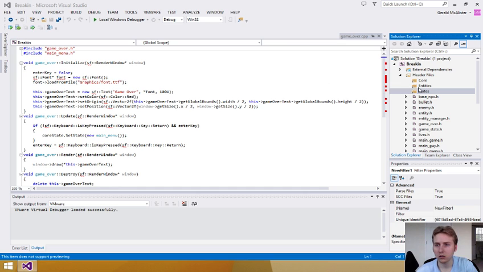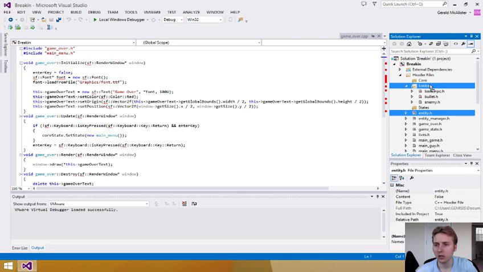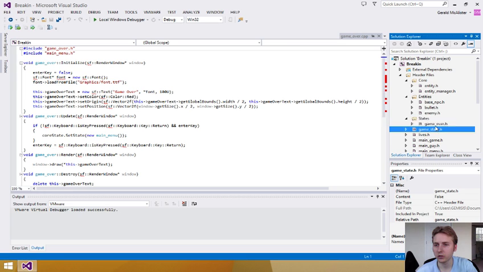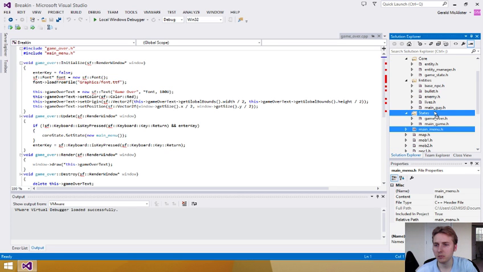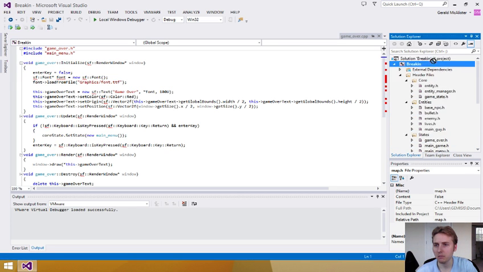And again, we have our base NPC, bullet, enemy, entity, entity manager, game over, game state, lives, main game, main guy, main menu, map,